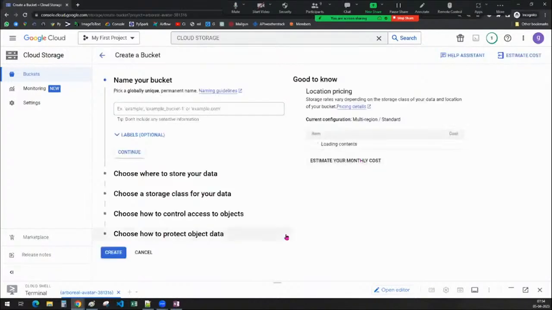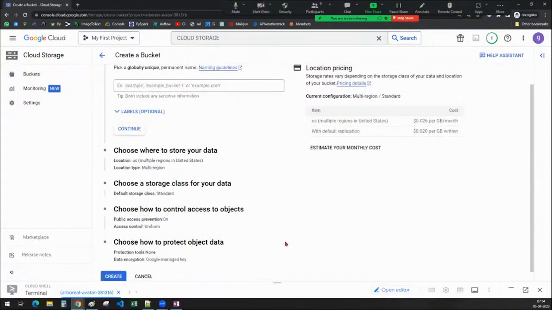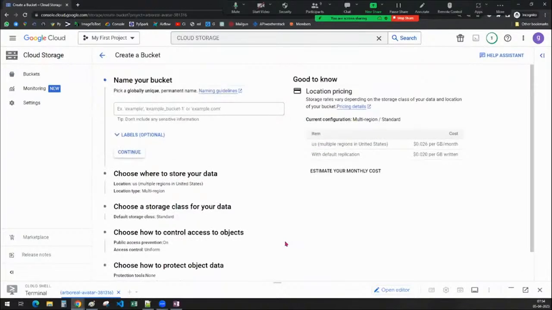When you click on create bucket, as I told you, there are a few things we have to remember while creating a bucket. First, while providing a name for your bucket, we have to pick a proper globally unique name. When I say globally unique name, no one has used this particular name so far as a Google Cloud Storage